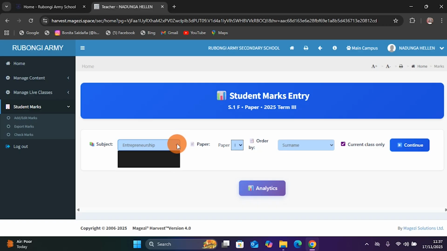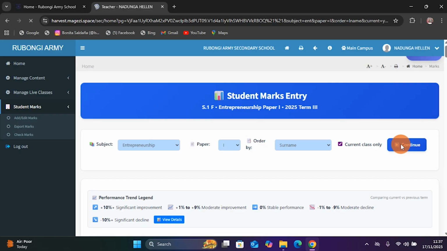If you find that you don't have the subject assigned to that stream, it means you need to call the system administrator for help so that they can assign you that subject. Now I'm going to choose entrepreneurship and I click on proceed. Leave other things, only choose the subject and click on proceed. The other things here, the paper, order, you just leave them. Click on proceed.